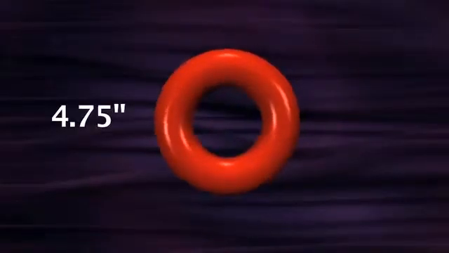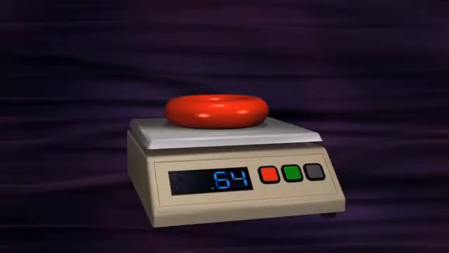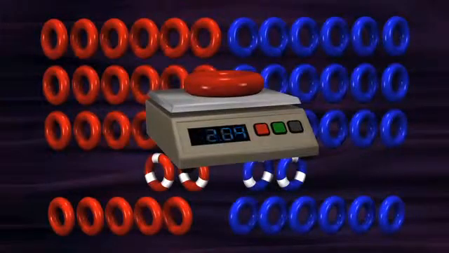The playing element is a 4.75-inch diameter plastic ring that weighs a little under an ounce. There are 36 normal rings, 18 red and 18 blue. Each alliance also has 2 autonomous rings. And just to make things interesting, each alliance has 6 weighted rings which look identical to normal rings but weigh